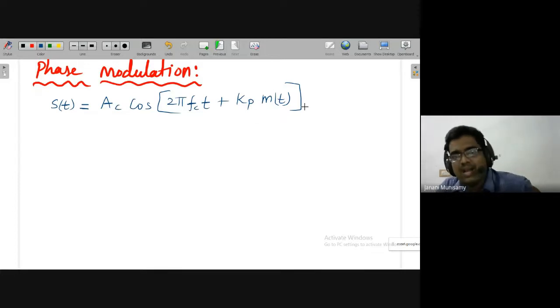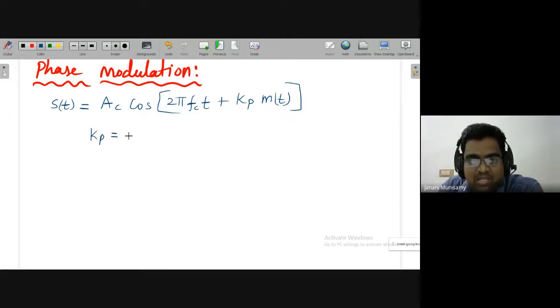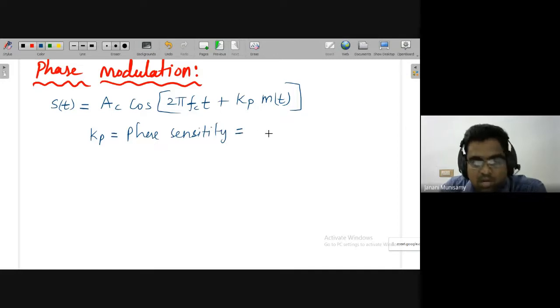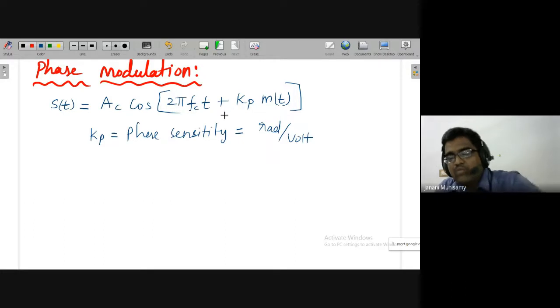Why? Because we have to change the phase directly, where kp is the phase sensitivity of the PM modulator. This is the phase sensitivity. The unit of this one is radian per volt. That means phase means,